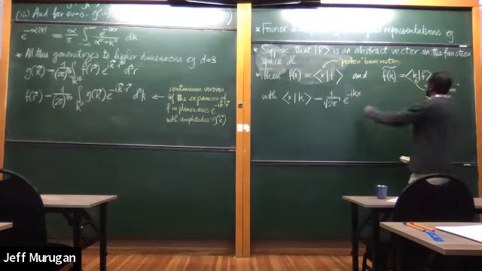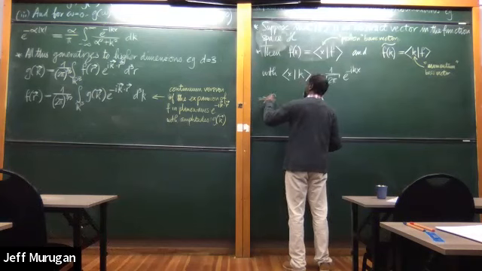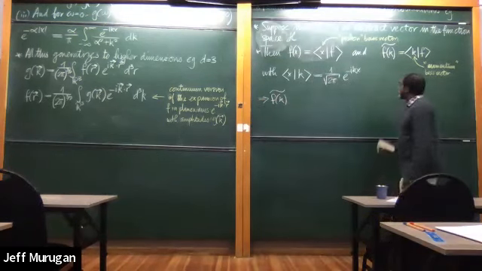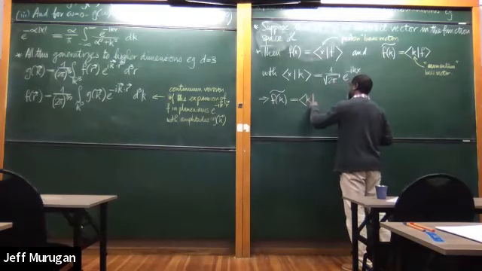So what this necessarily means then is that this function f tilde of k, which is this guy,